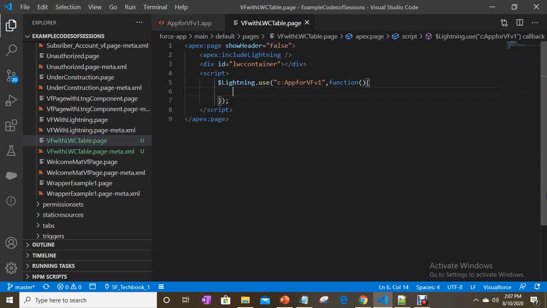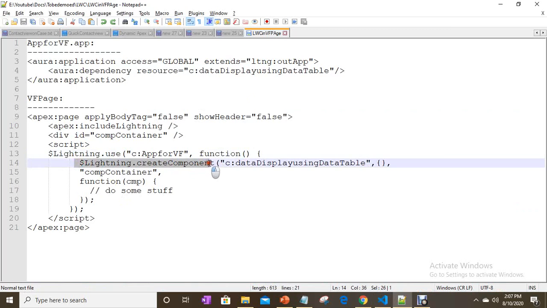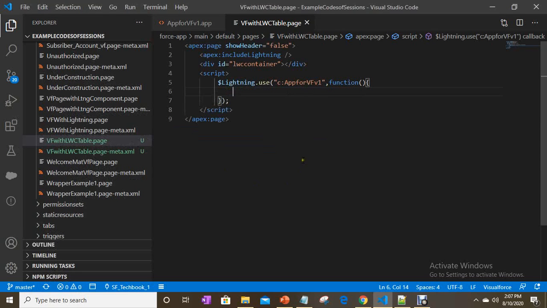So in this you have to use lightning create component, $Lightning.createComponent. This is the function. And this function takes different parameters.